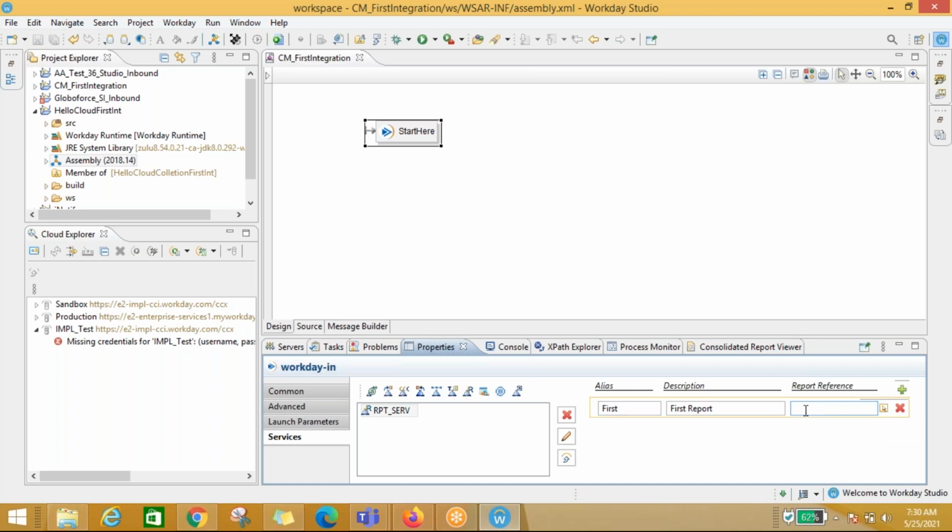Like, let us say you have two reports you have to call inside this Studio integration. So what you have to do, you have to define that. Basically this is a definition. I am defining my reports which I want to use in my further process. So for each report I'm going to create an alias name, and this name I'm going to call going forward. Like saying that this report first refers to whatever report you have been mapping over here. I'm not doing this now because I need to connect first so that I can see the reports I can map over here. So basically report service is a service where